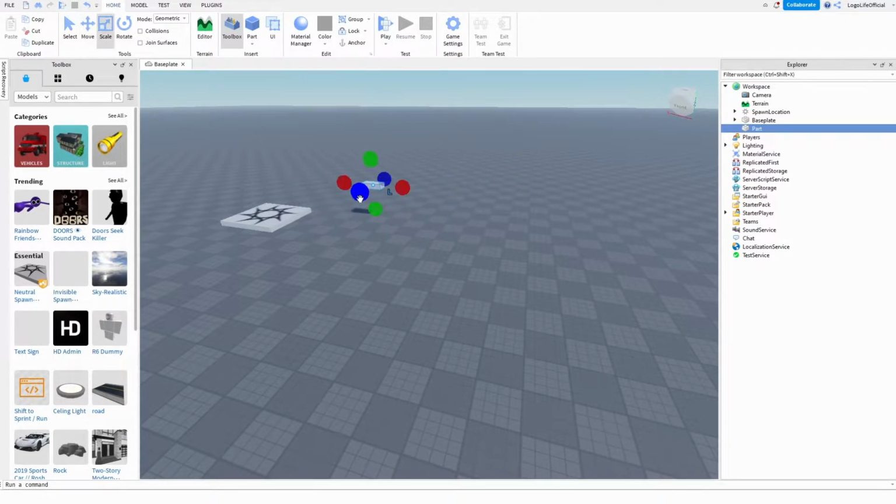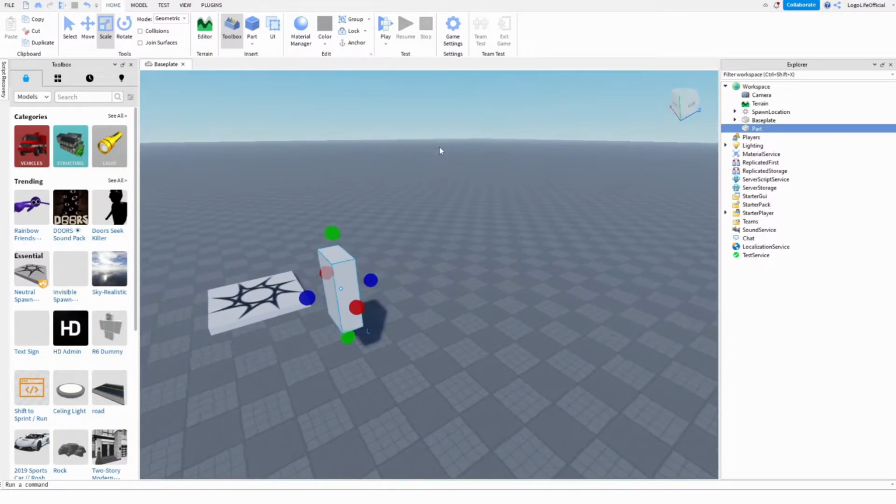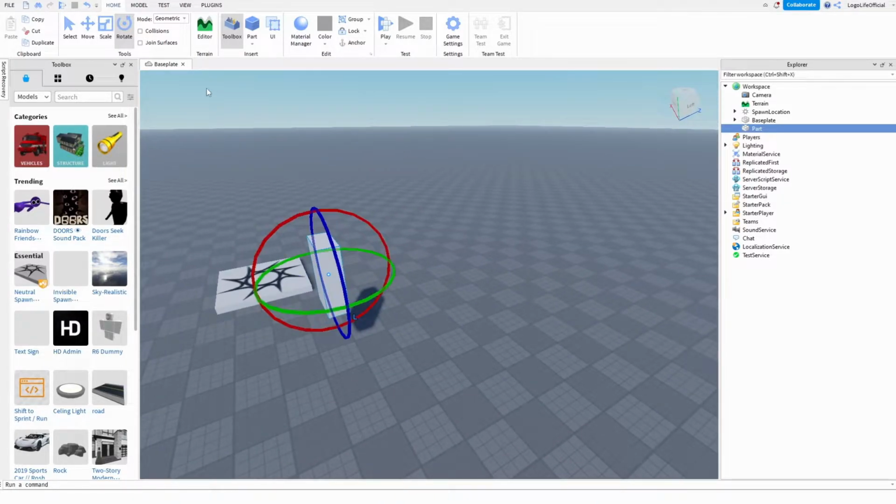You can also scale parts as well. And you can rotate parts. The shortcuts, if you just hover over it, you'll see it. So it's Control 1 for select, Control 2 for move, Control 3 for scale, and Control 4 for rotate. So if we take a look at the rotation,